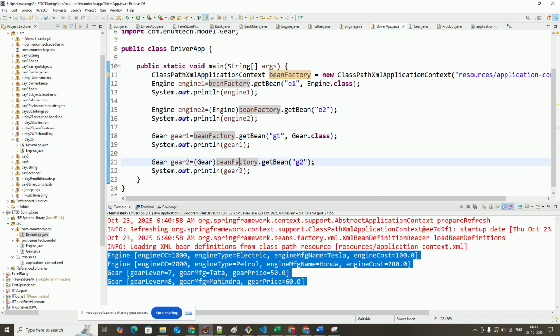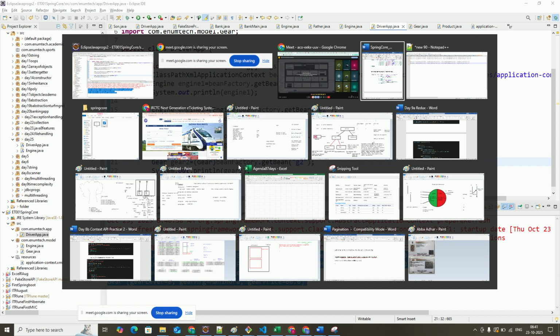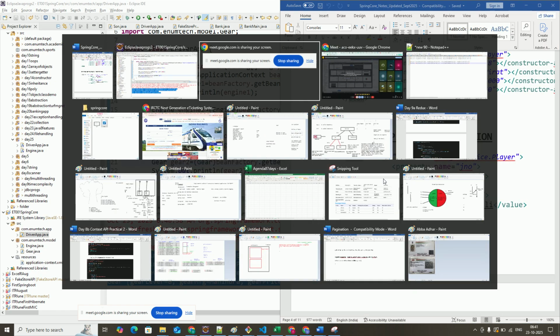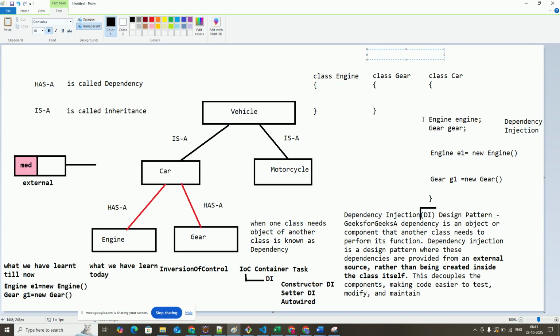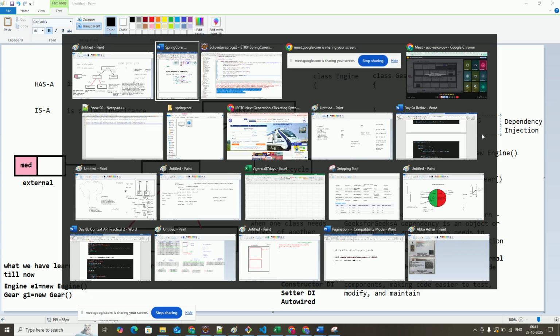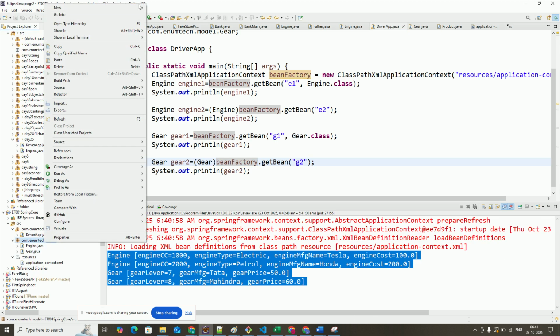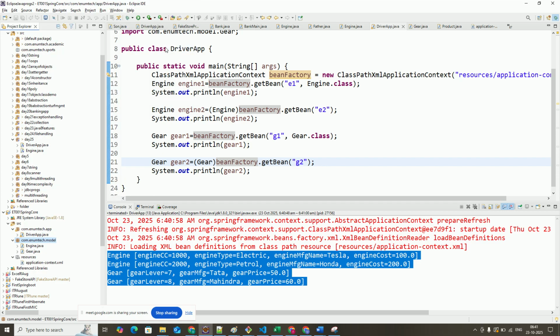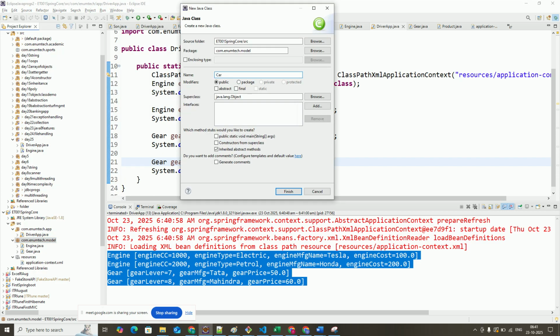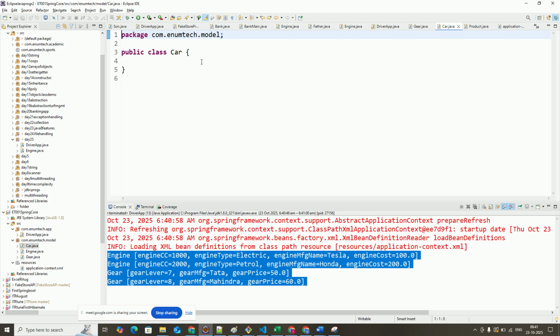Now the test is when I create the car class. When I create the car class, the car has a dependency of engine and gear. So the IOC container will manage the dependency injection also for me. So now the third model class which I'll create is called the car. All attributes of the car will we have private string